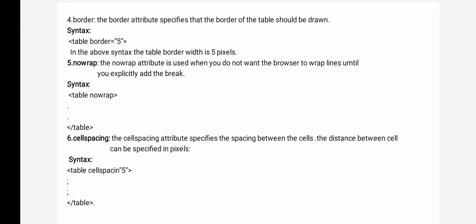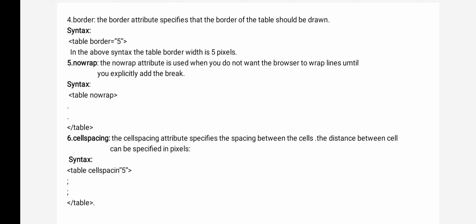Next to border, one more attribute is there: border color. See, by default the border is invisible. After giving the border, if you want to give a border color like green, blue, pink, you can give it.